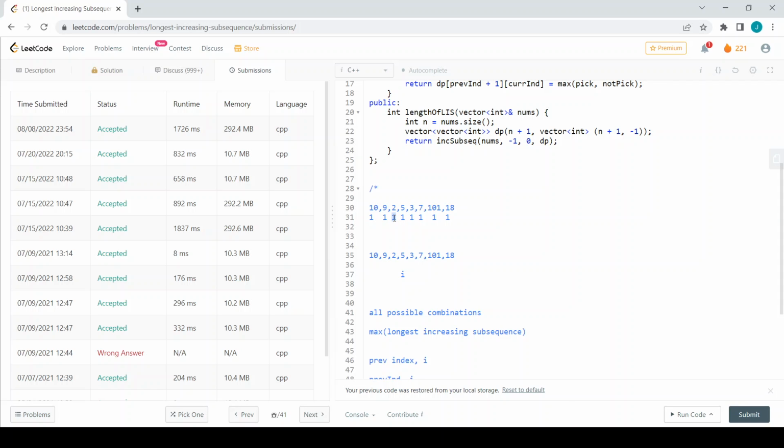So 1 plus 1 is 2. Since 2 is greater than this 1, we can replace this 1 with 2. So this 2 indicates that till 5 there is a longest increasing subsequence of length 2, which is 2 and 5. Similarly, we can go for 3 and we can run a for loop from 0 till j and check